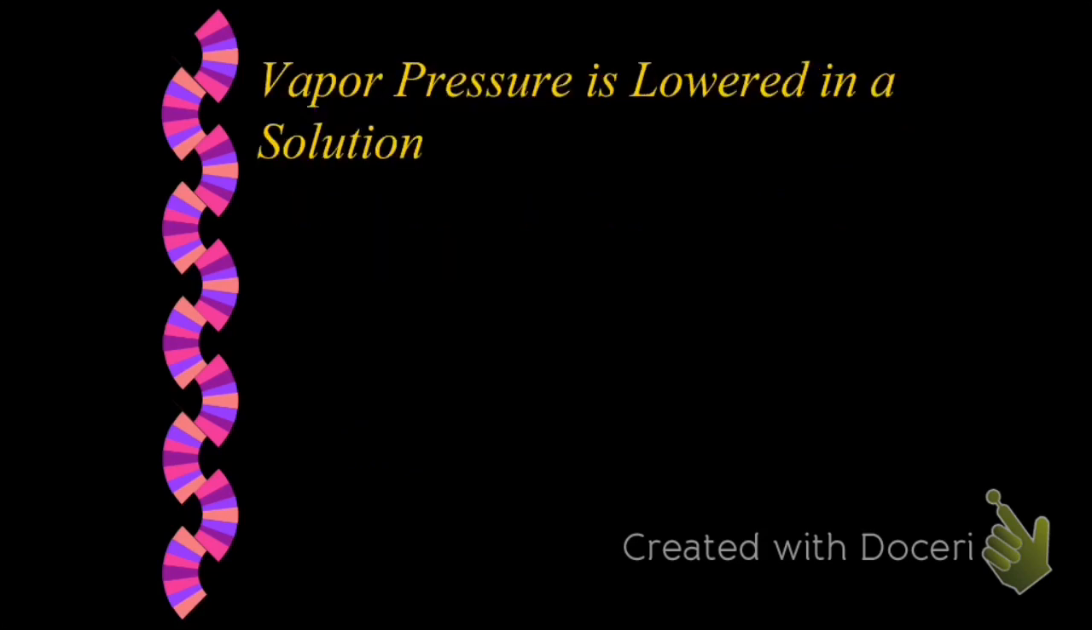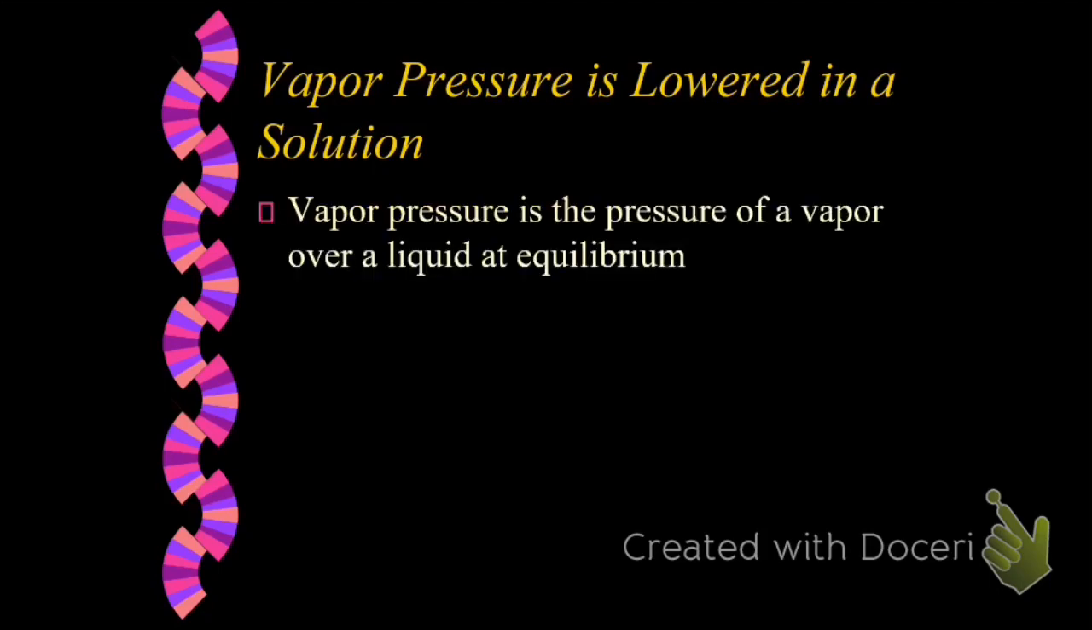So let's start with vapor pressure, because understanding that is key to understanding how boiling point and freezing point are changed in a solution. So first of all, what do we mean by vapor pressure? That is the pressure that is exerted at the surface of a liquid as it starts to evaporate. The vapor above the liquid, that gas, is pressing down on the surface, exhibiting some sort of pressure referred to